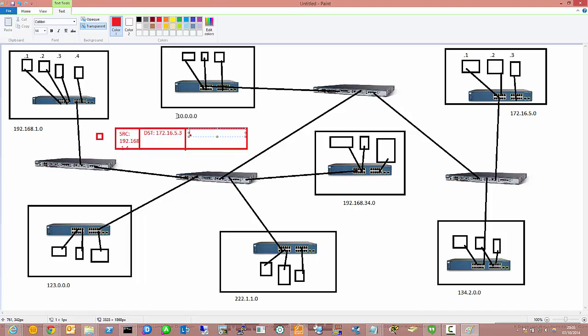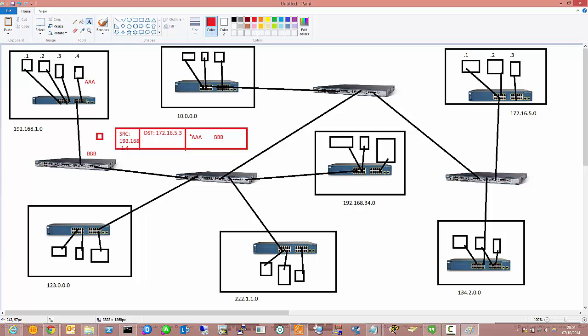So the MAC address, let's say my MAC address here is AAA, and the MAC address of this guy here is BBB. So let's say this machine wants to communicate with another machine on its network. It doesn't need this guy to communicate with it because they are on the same network. So it's just going to go, my layer 2 address is AAA, and I'm going to layer 2 address BBB. And the way it's going to find out is it's going to send a communication called an ARP